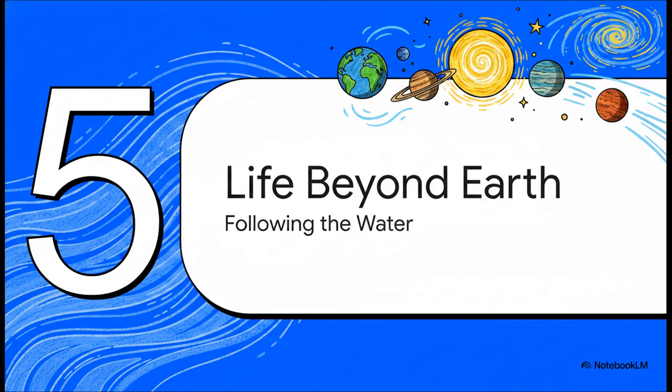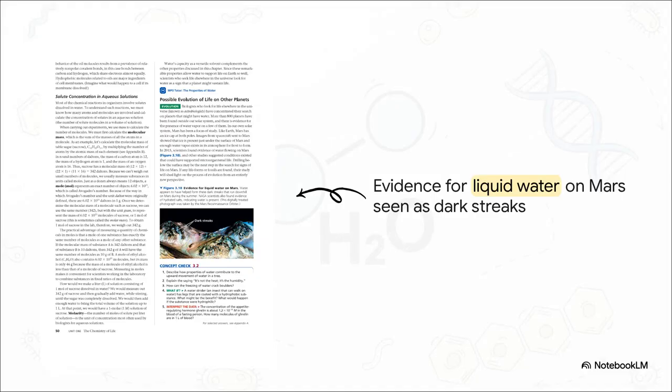For our final chapter, Chapter 5, let's zoom out. Way out, from Earth's oceans to the breathtaking possibilities within our entire solar system and beyond. Astrobiologists, the scientists actively looking for life elsewhere in the universe, always follow a very simple mantra: follow the water. Because of water's extraordinary properties as an insulator, a solvent, and a temperature moderator, it is the ultimate cosmic prerequisite for life as we know it.